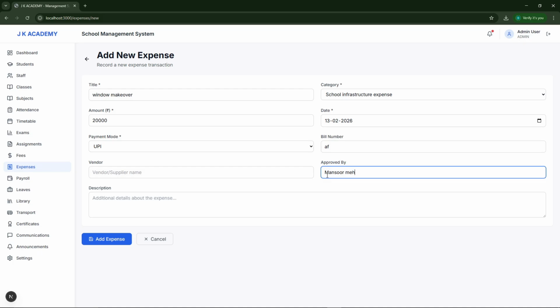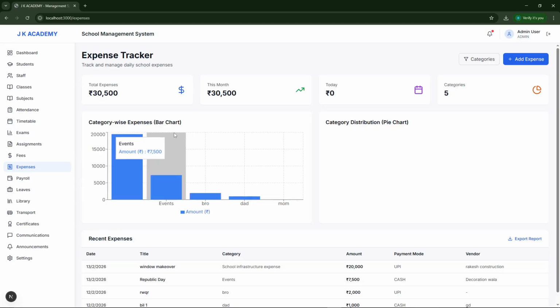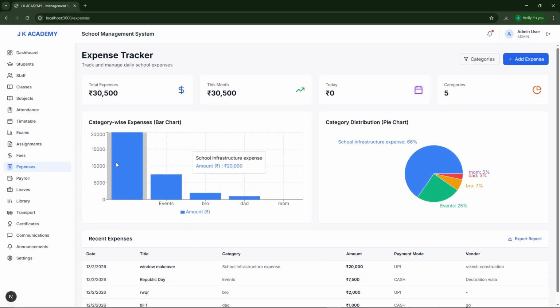So Mehndi ji. Vendor name, who came in, Rakesh Construction. Add expense. So now you can see over here, this is your school infrastructure expense, which has cost you 20,000